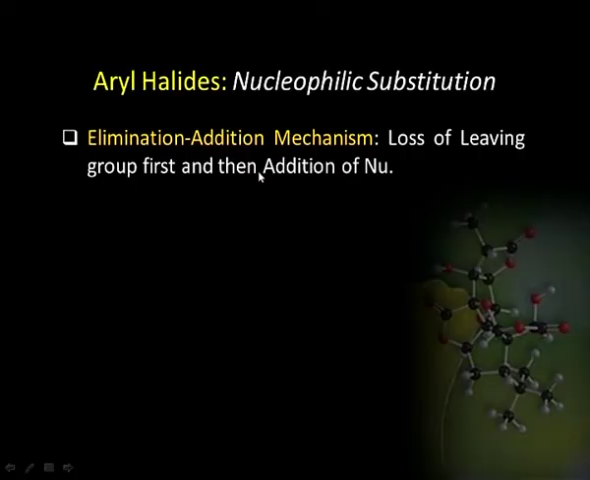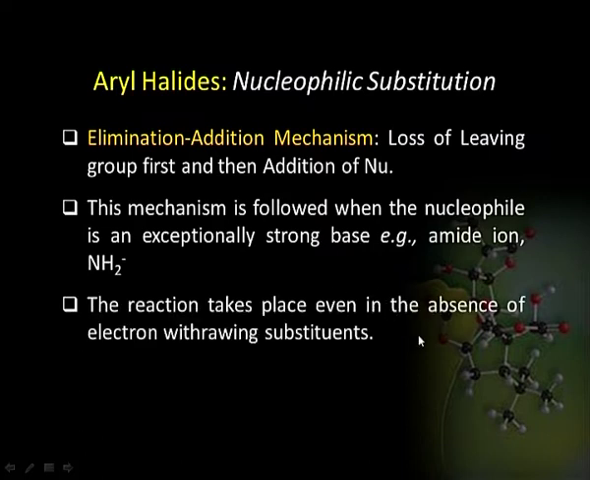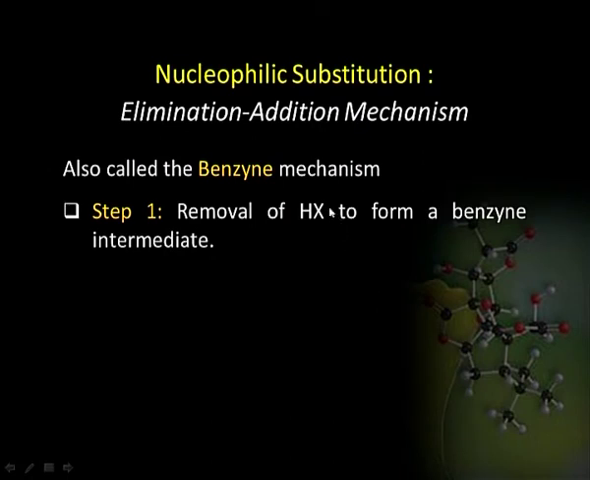The second mechanism of nucleophilic substitution is elimination addition mechanism, wherein the loss of leaving group is taken up first and then addition of nucleophile takes place. This mechanism is followed when the nucleophile is an exceptionally strong base like an amide ion. The reaction takes place even in the absence of electron withdrawing substituents. So, chlorobenzene reacts with potassium amide in liquid ammonia to give aniline by this mechanism,